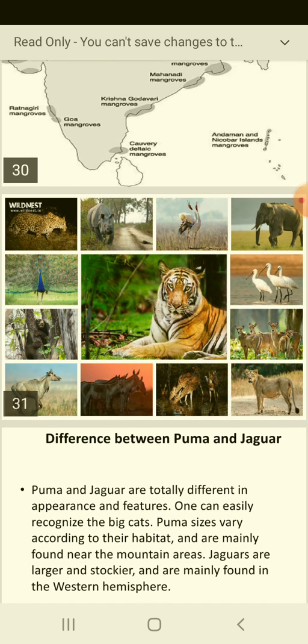Now come to wildlife. You can see so many animals are given. Elephants are found in hot and humid forest. One horned rhinoceros are also found in the swampy and marshy land of Assam. Wild ass and camels are found in arid lands. Camel, ship of the desert. Snow leopards and yaks are found in the snow-capped region of the Himalayas. Indian bisons, deer, antelopes and monkeys are found in the peninsular region. India is the only country in the world where both tigers and lions are found. Understood? It is a very important, interesting fact that India is the only country where we can find tigers and lions dwelling together. Understood?